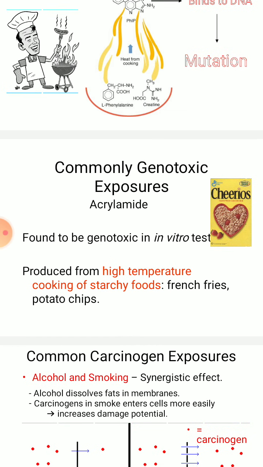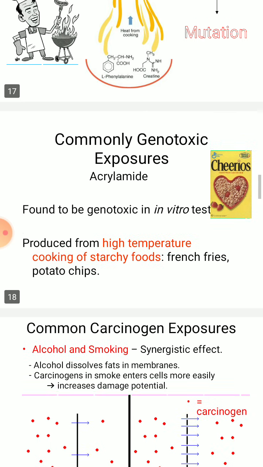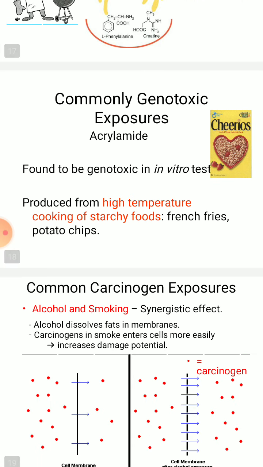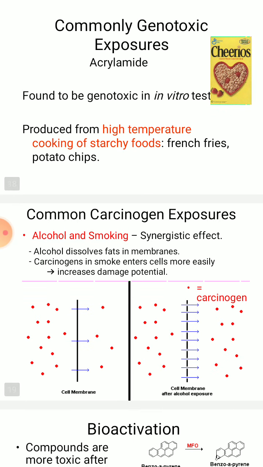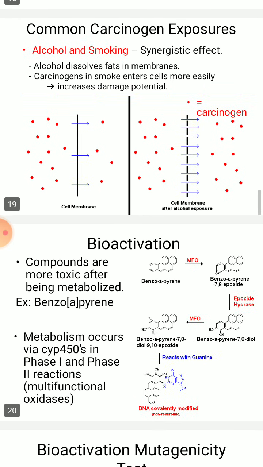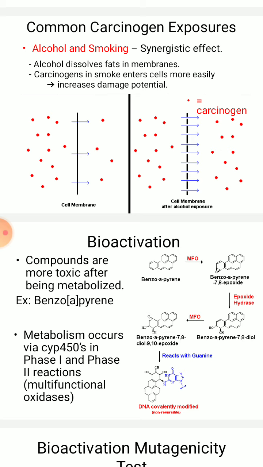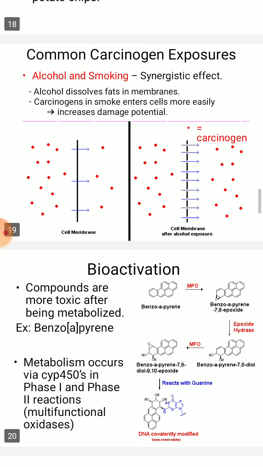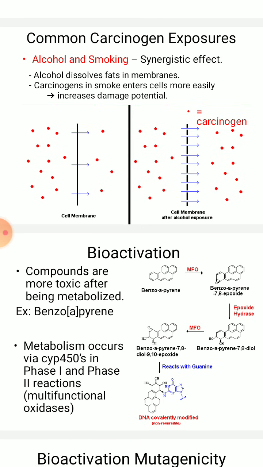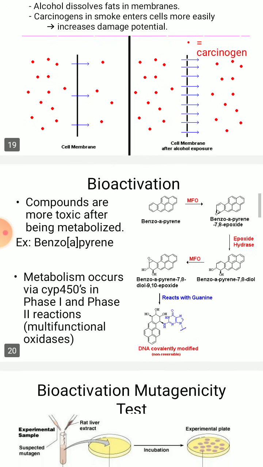Common genotoxic exposures: acrylamide, found to be genotoxic in in vitro tests, produced from high temperature cooking of starchy foods such as French fries and potato chips. Common carcinogen exposures: alcohol and smoking. Synergistic effects: alcohol dissolves fats in membranes. Carcinogens in smoke enter cells more easily, increasing damage potential. As shown,